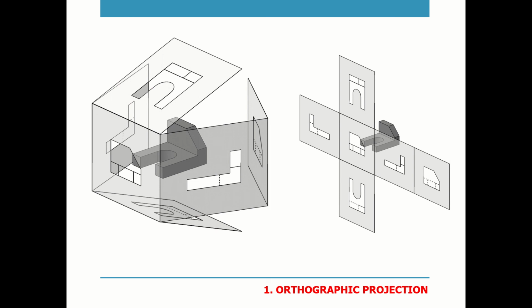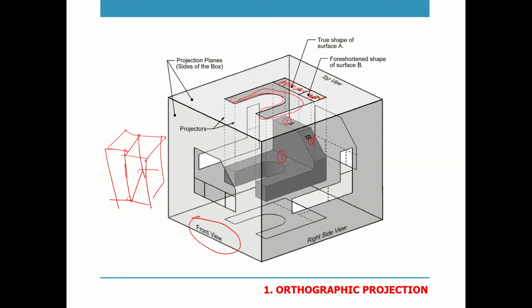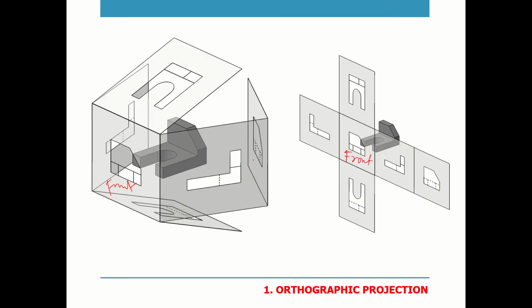Once we project the object into the drawings, what we do is we just unfold that imaginary box. Let me keep it simple for you. This is the front part. Here also you can note down, this is the front part, and if you go here, this is the front part. So we just unfold it. You have right hand side drawings, which is this. And we have top drawings or from the plan, bottom, left side, and this is the rear side. Rear side means this side.